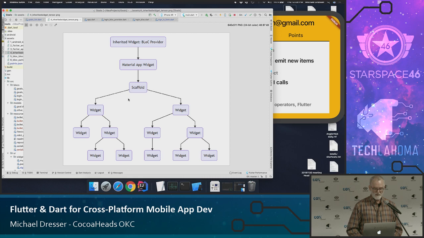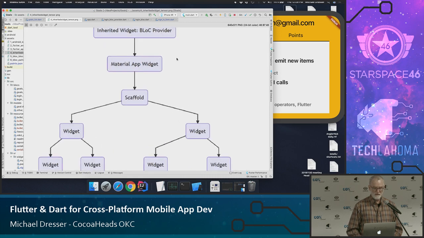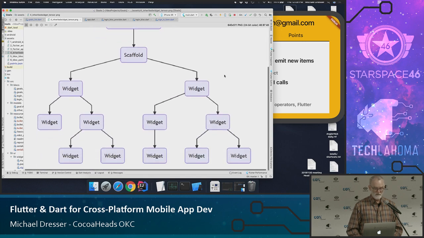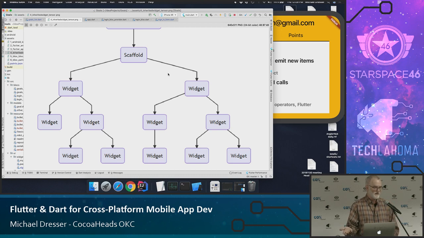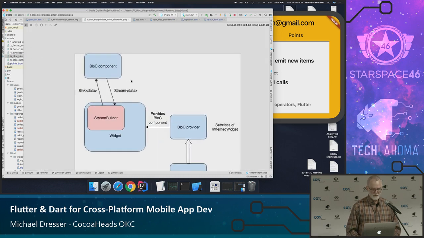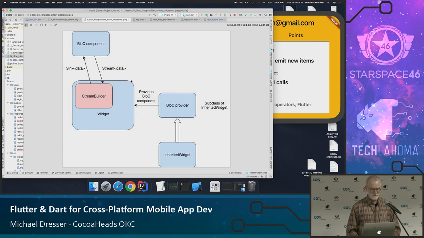So the way this is set up with this inherited widget at the top, and here we're going to use it for a BLoC provider, then any of the widgets below it can easily get access to that provider. And I'll show you the code for doing that. It's actually pretty simple, and it's very fast, okay? The idea of this BLoC provider is to provide a BLoC, surprisingly. So here it is.